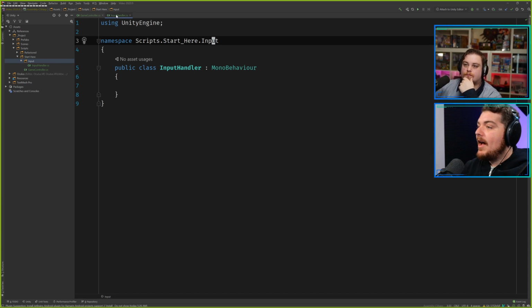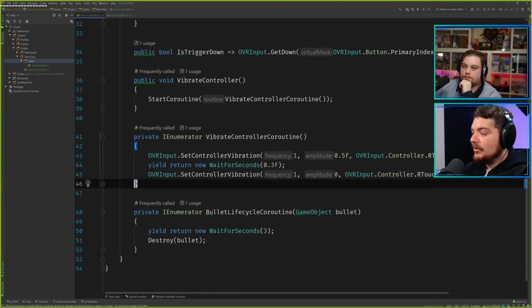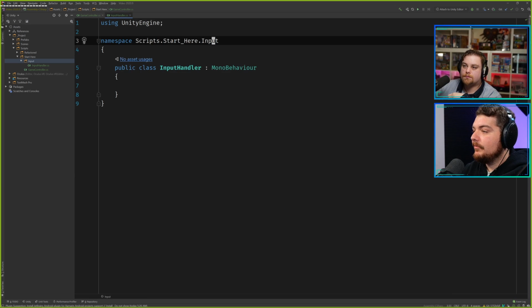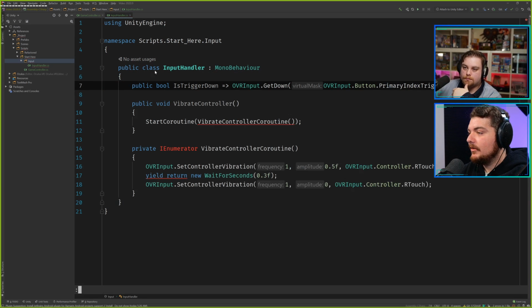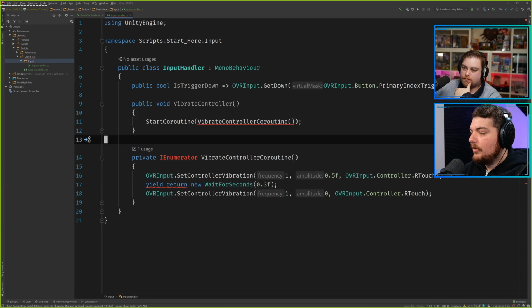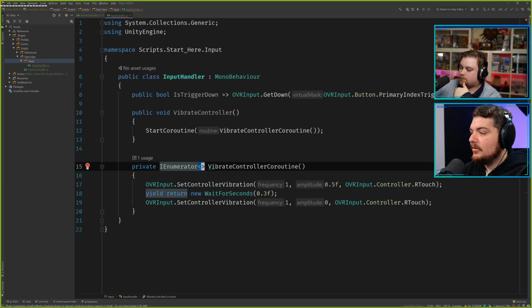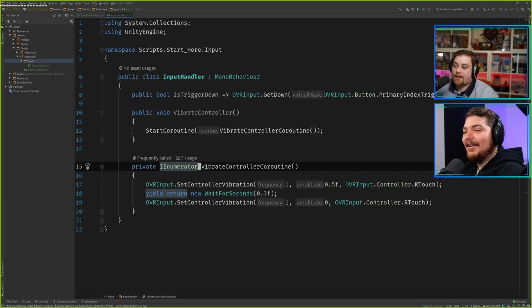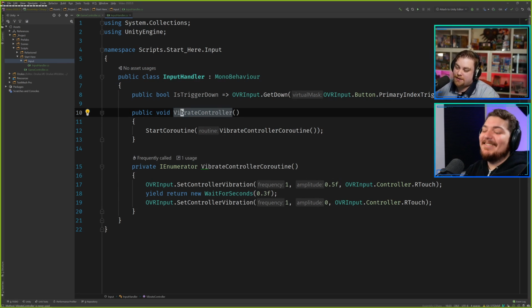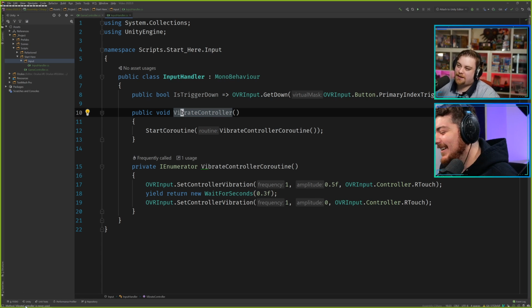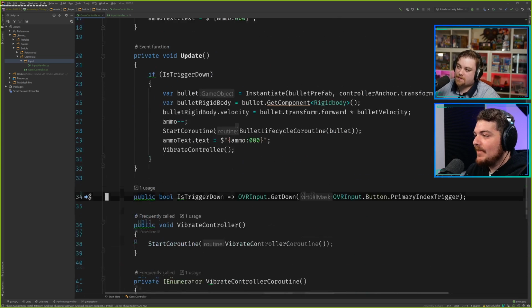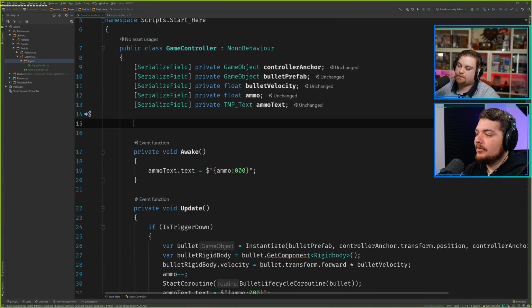So now that we have that, we can copy and paste all of these into that input handler class. Copy, paste, and make sure I have all of the right using statements. Oop, not that one. It always defaults to system.collections.generic. Remember when it used to always default to the bool collection? So horrible, so annoying. All right, so now that we have that, we can go ahead and add a new field.